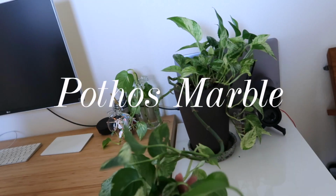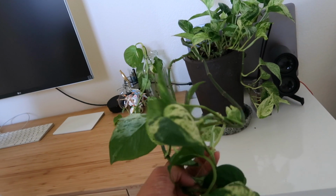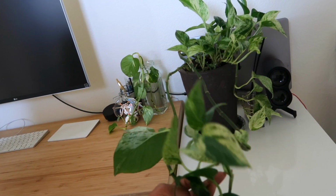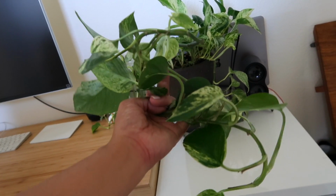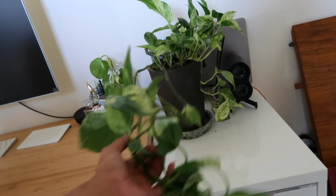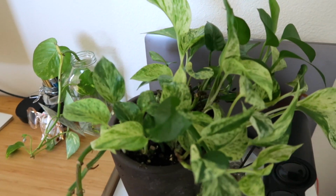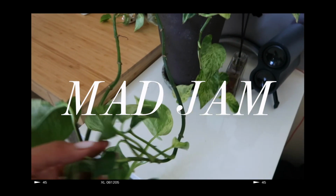This was our friend's ivy that we bought for him, and unfortunately in his apartment it kind of died. There were a couple of leaves and I thought, well, why don't I just try and adopt it and bring it back to life? So I did, and look at how much it's flourishing. I'm so happy. I can't believe he's doing so well. I told him I would give it back to him, but I also...